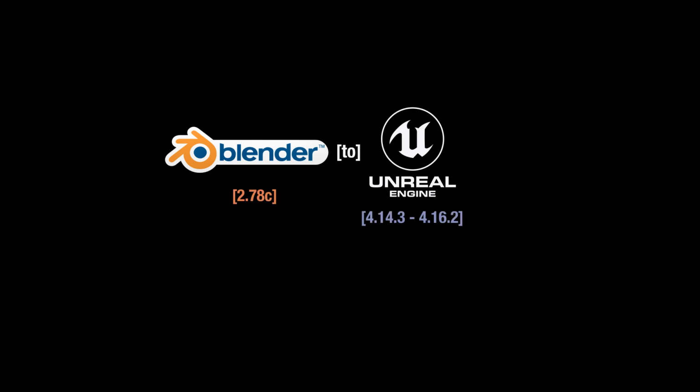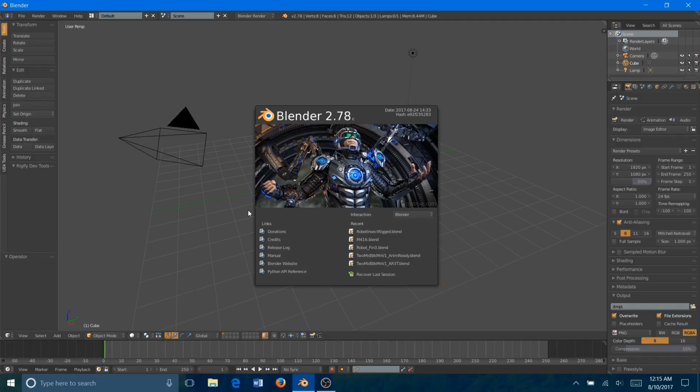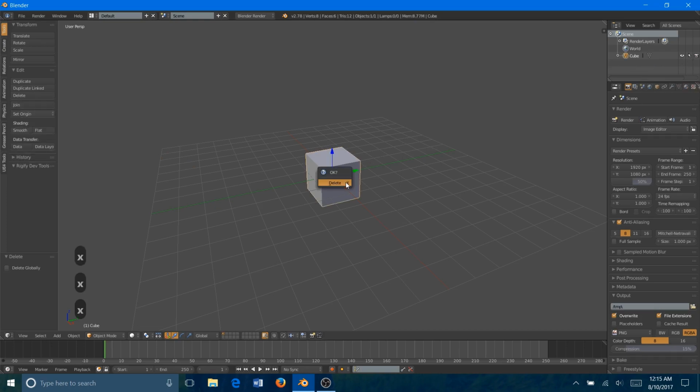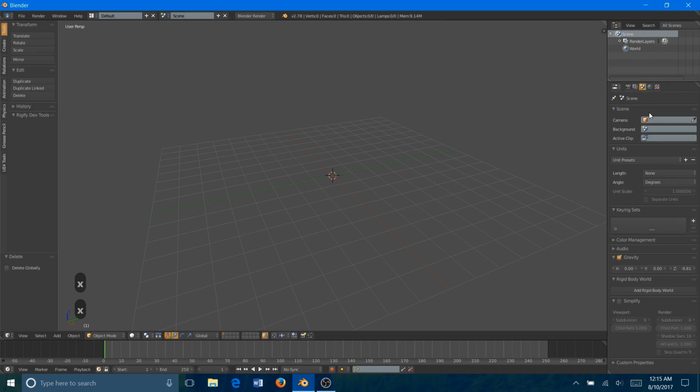Hello, I'm Lushcat, and this video is going to be on the basic setup for the workflow between Blender and the Unreal Engine. First thing is setting up the scale in Blender. So I'm just going to delete everything. And then in the Scene tab here, just setting the length to metric and the unit scale to 0.01 for